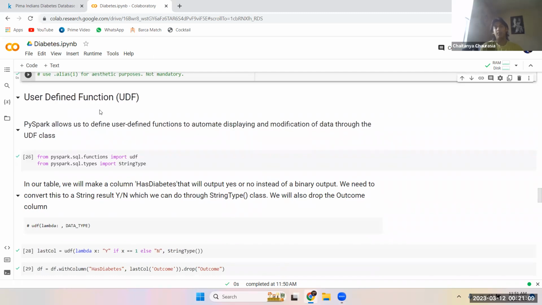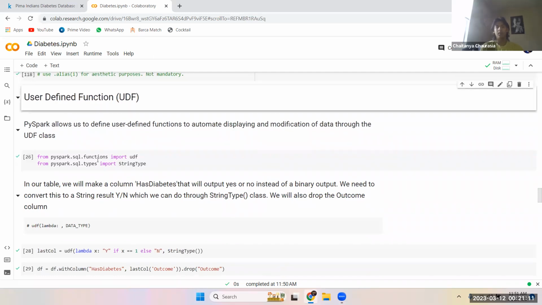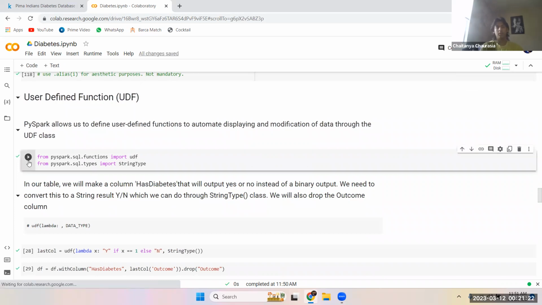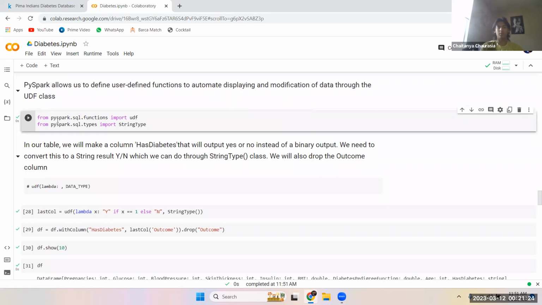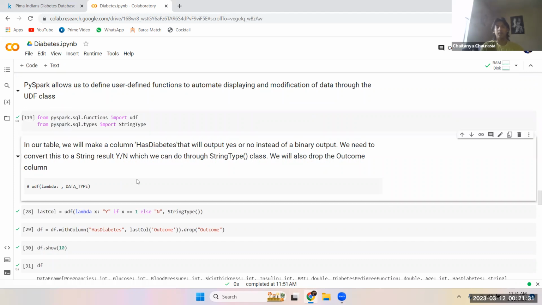Next, we have the user-defined functions. It belongs to the pyspark.sql.functions udf module. And PySpark allows us to define user-defined functions to automate displaying or modification of data through the method we define. So for this, we'll import these two modules: from pyspark.sql.functions import udf, and from pyspark.sql.types import StringType. Now in our table, as you can see,